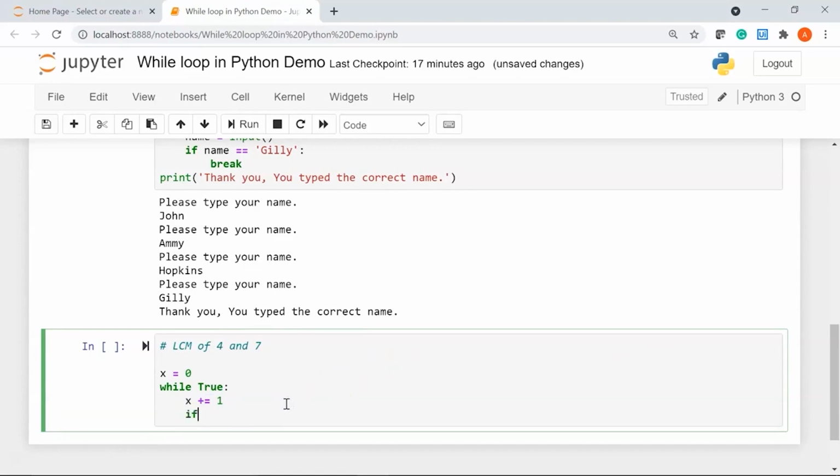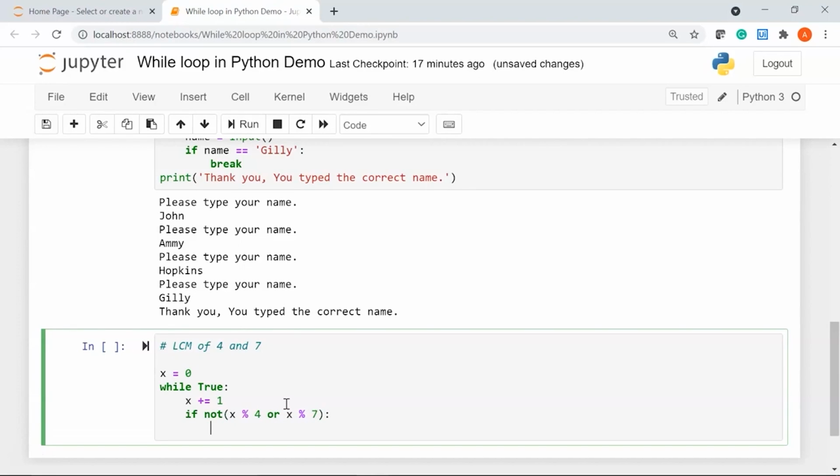I'm going to use an if statement and say if not, and here we'll pass the condition x % 4 or x % 7, then I'll say break.